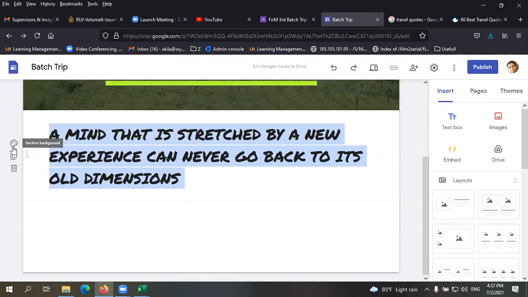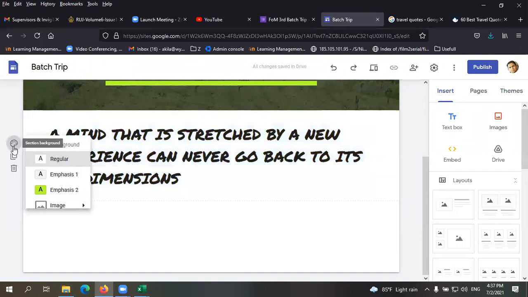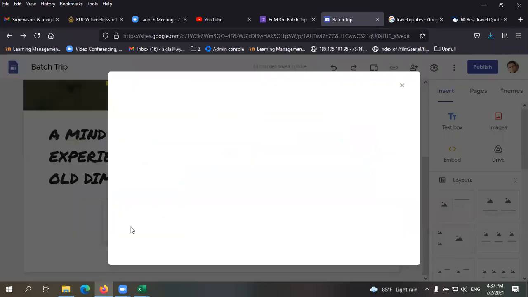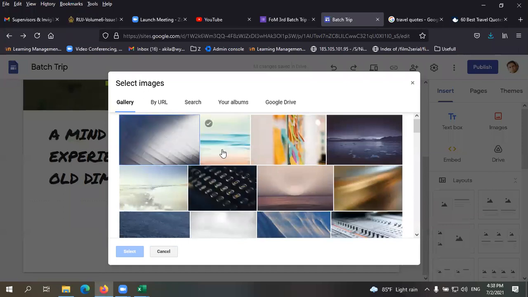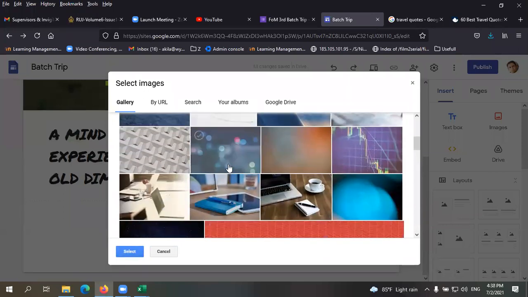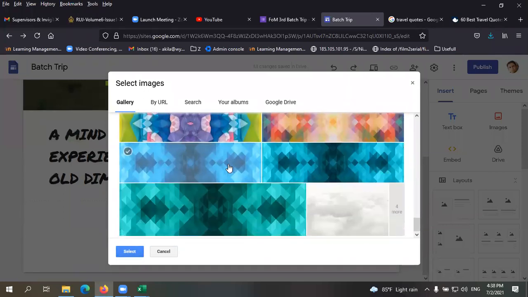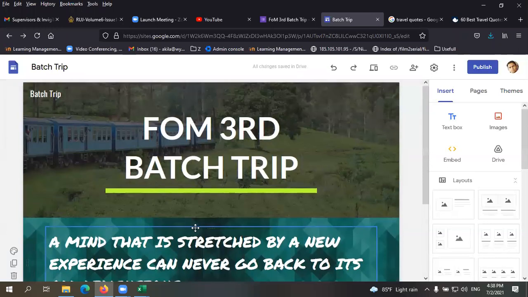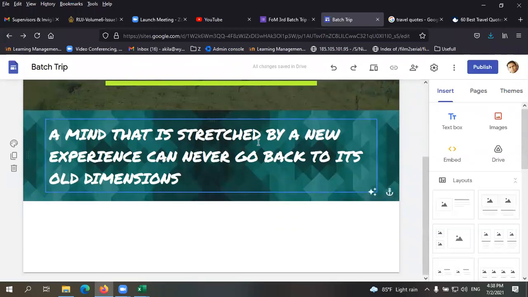Right. See, you can see this icon. So that is for theme and color, those things. You can add an image even. That is how we can add a text. So if you have a paragraph, that also can be added, right?